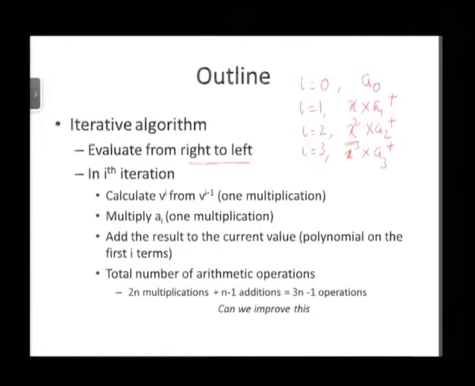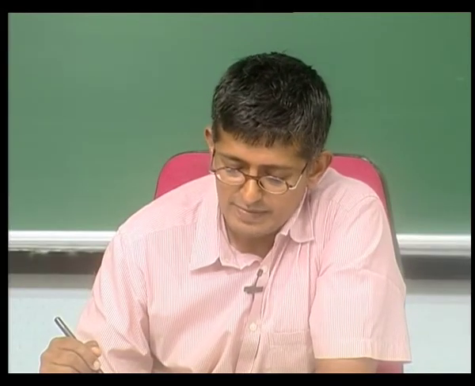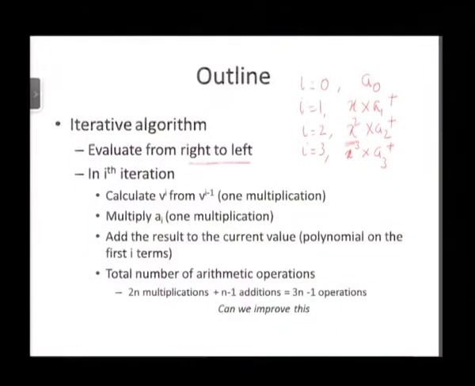Note that a0 is a constant. The multiplier is x power 0, that is 1, and you evaluate this all the way up to a n x power n. Let us evaluate this algorithm. Indeed, the algorithm is correct, because it is quite clear that in every iteration one part of the polynomial is being calculated on the given value v. So, in every iteration you calculate v power i from v power i minus 1, you multiply it by ai, this costs a total of 2 multiplication operations,